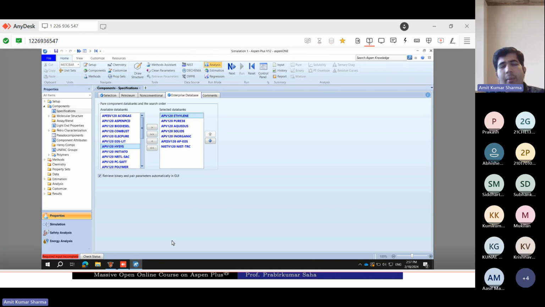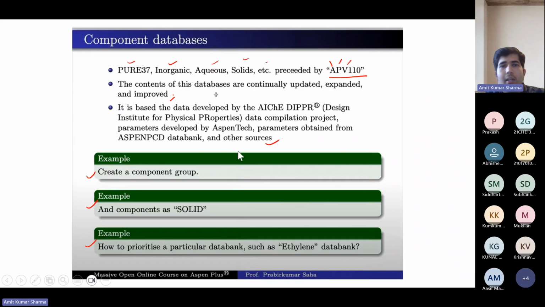As I told you earlier, many researchers and institutes all over the world are developing the data banks and continuously updating, expanding, and improving them. Maybe in the particular ethylene database the accuracy is higher, and some parameters are defined to higher accuracy. I don't know exactly, but there will be some difference.